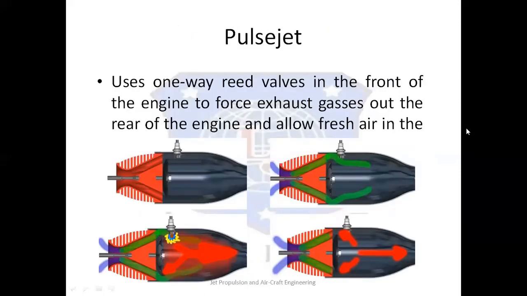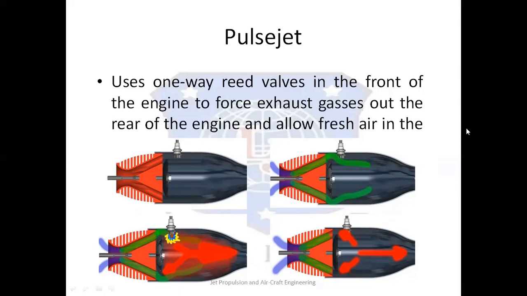Now a pulse jet engine is a very simple form of IC engine based jet engine in which the combustion occurs in pulses. The pulse jet engine is free from moving parts such as compressor, turbine or any propeller, and it is a little similar to ramjet engine, but pulse jet engine uses an intermittent combustion process while ramjet uses a continuous combustion process. The pulse jet engine develops the thrust by a high velocity jet of exhaust gases.